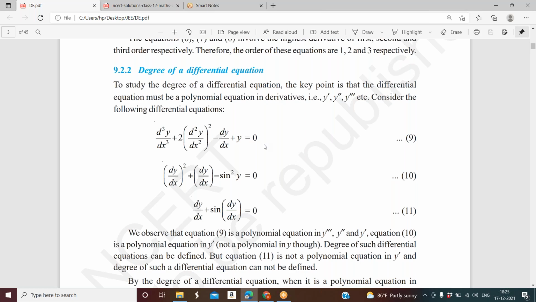So I said to define the degree of a differential equation, the differential equation must be a polynomial equation. Yes, of course, this is a polynomial equation in y dash. Y dash means dy by dx, y double dash is d square y by dx square, y triple dash is d cube y by dx cube. So it's a polynomial equation in derivatives y dash, y double dash, and y triple dash. Consider the 10th equation. This is also a polynomial